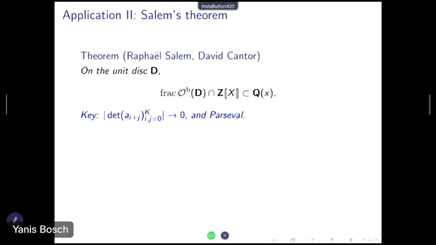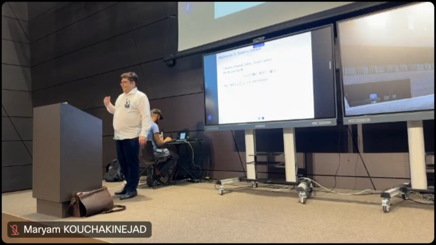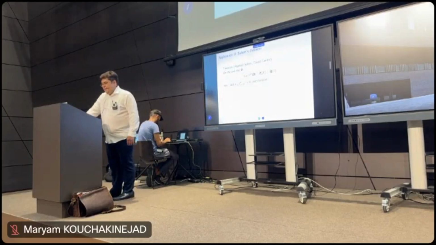A second application to something apparently completely different is a theorem of Salem. So I'm stating a cognate criterion, which is not exactly contained in Pólya's. It contains it for the case of the disk, so it's something slightly different. I haven't proved it for you, but the proof is somehow specific to the disk, and is based on showing that in one form or another, we can view rationality as the statement that these Hankel determinants formed by the coefficients of the formal function are small. So if they are small and they're integers, they have to vanish eventually. That's a criterion for rationality, and the way this is proved